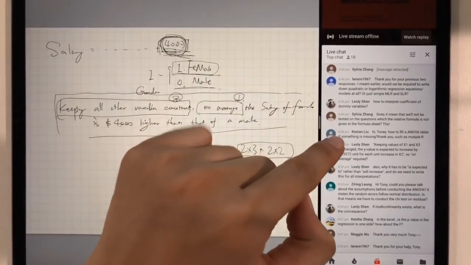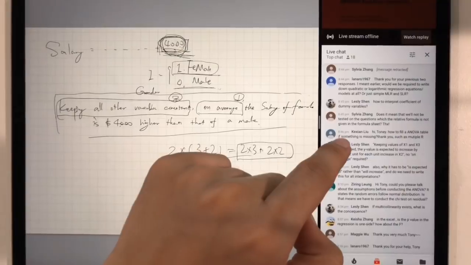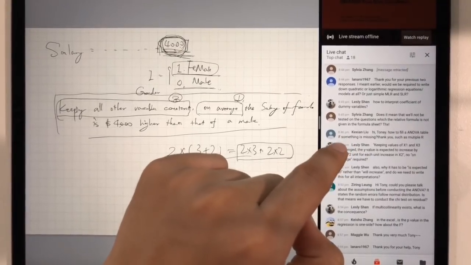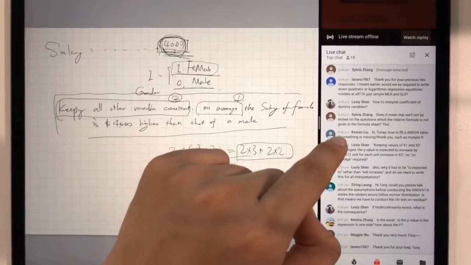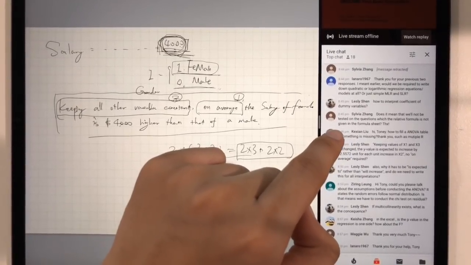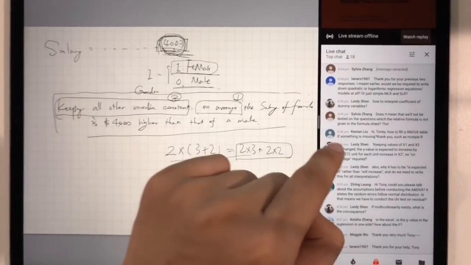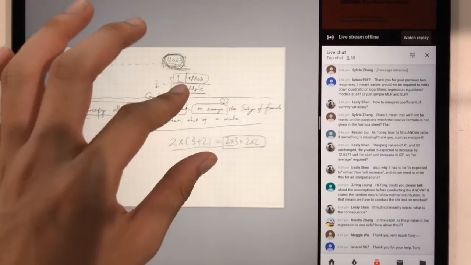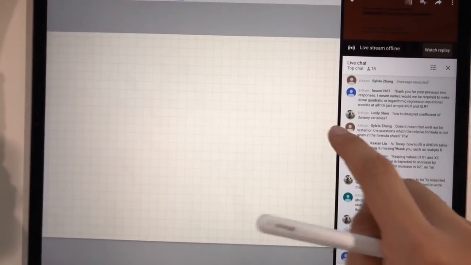Kexian Liu is asking, hi Tony, how to fill an ANOVA table if something is missing? Thank you, such as multiple R. Okay, so first of all, Kexian Liu, multiple R is not in the ANOVA table, but I probably know what you are talking about. You're probably talking about the regression outputs, right? So for the regression outputs,